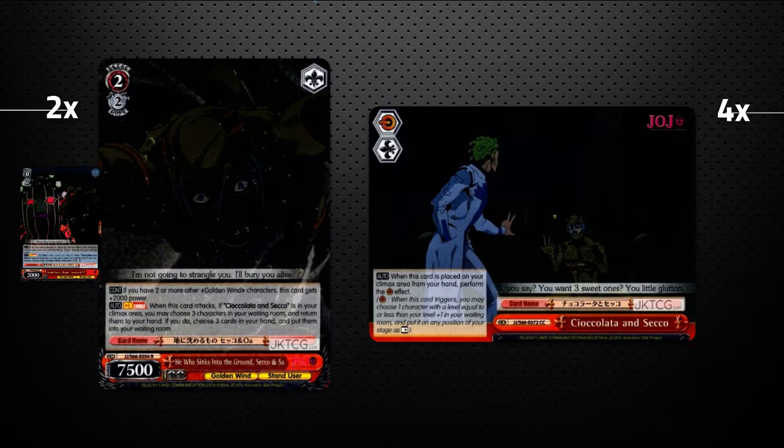You choose 3 characters in your waiting room, add them to your hand, and then choose 3 cards in your hand, put them into your waiting room. Just sort of a super filter effect. It will set you up for level 3 because you want to play your level 3 combos from your hand if you can,